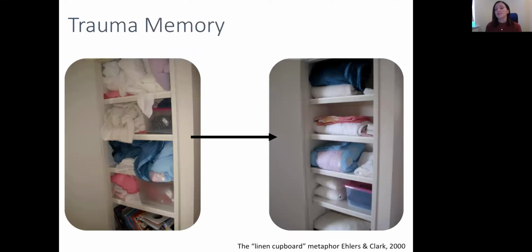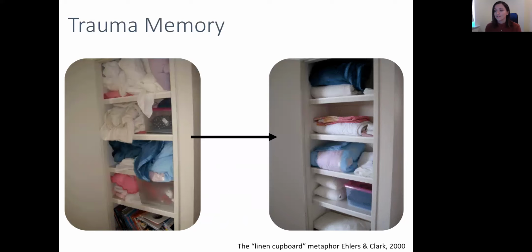So as I said, this model supports the view that trauma memory is special and unique compared to other types of autobiographical memory. It proposes that incomplete processing and faulty encoding of the trauma leads to reduced intentional access to the trauma memory, so impaired voluntary access. Specifically, it's thought that shallow processing at the time of the trauma causes the trauma memory to be poorly integrated into autobiographical knowledge. And this lack of integration is thought to be positively related to PTSD symptoms.